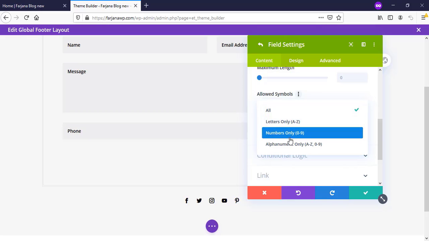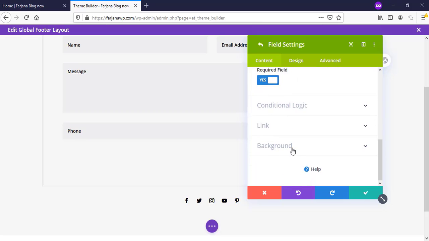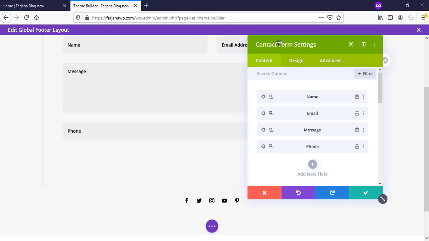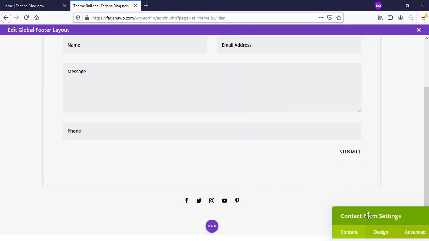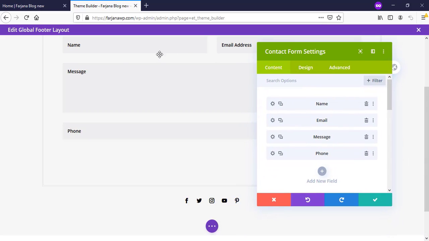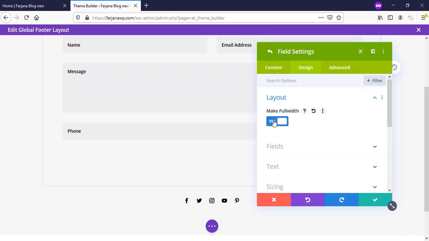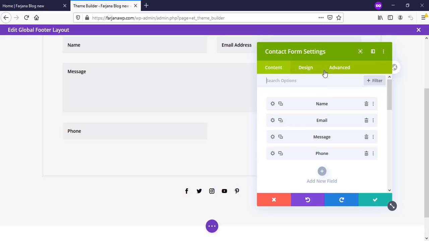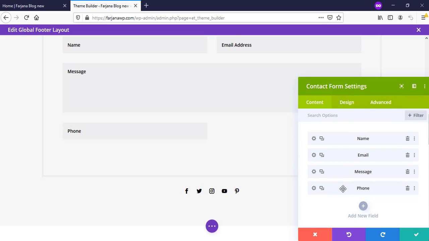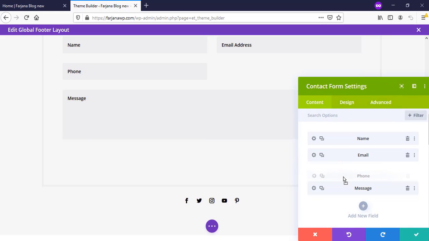So here for phone number I am allowing numbers only, and save it. And here I want to make this field width to 50% like name, email. So for this, going to phone, design tab, layout, and making this full width off. Save it. And here I want to keep it top of this message field,